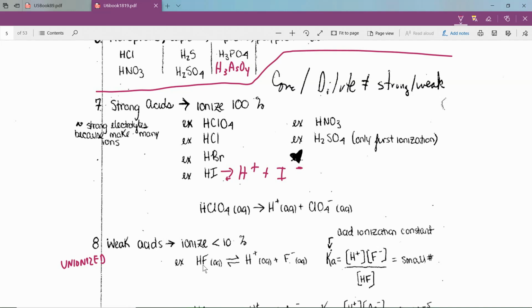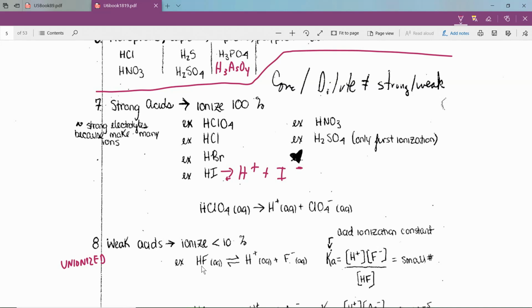Now HF, which you might think should be strong because the other halogens are strong acids, isn't. And that has to do with the bond energy and the distance between the hydrogen and the fluorine. So it isn't a strong acid, it's a weak acid. So the H plus isn't released so easily. And we can